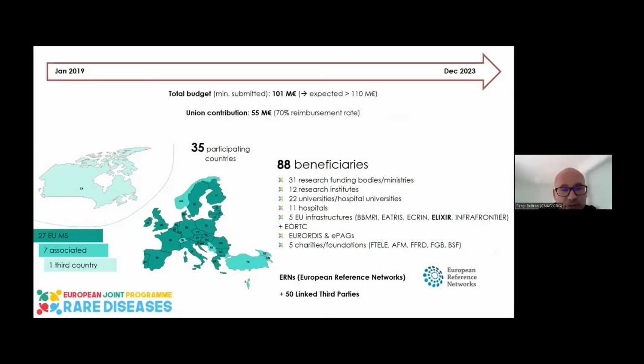Another project I want to talk about in which we collaborate with the EGA is the European Joint Program on Rare Diseases. This is also a very large project. It's very different than Solve-RD in the sense that by itself it is not generating any data, but it provides grants for others to generate data. And you can see that the total budget is about 100 million euros. So it's very large. Lots of beneficiaries and also a big involvement from the European reference networks.